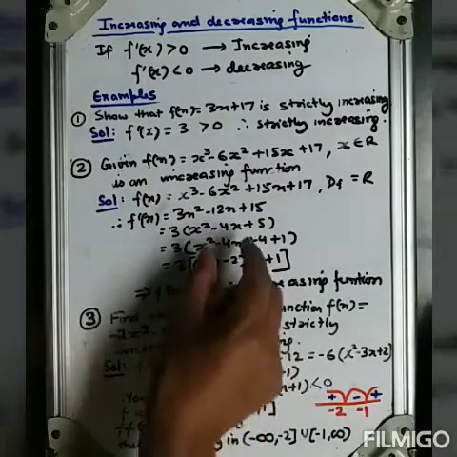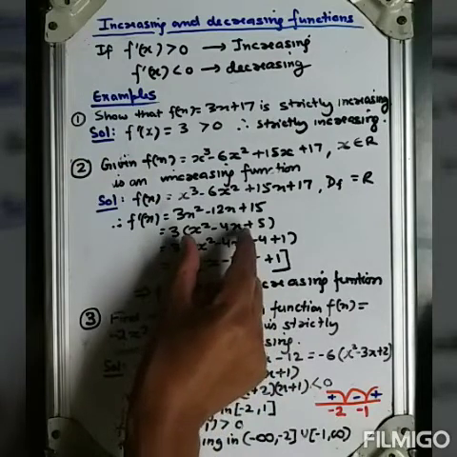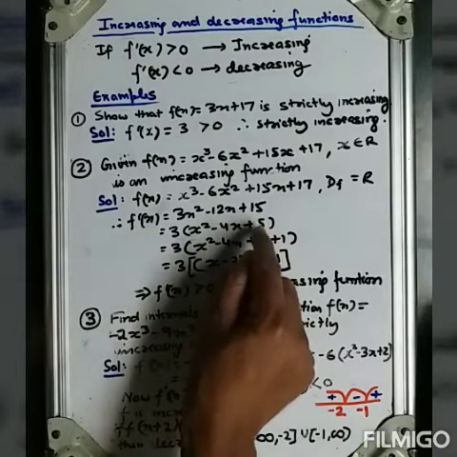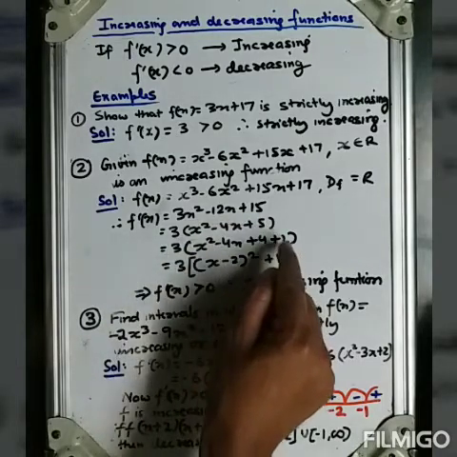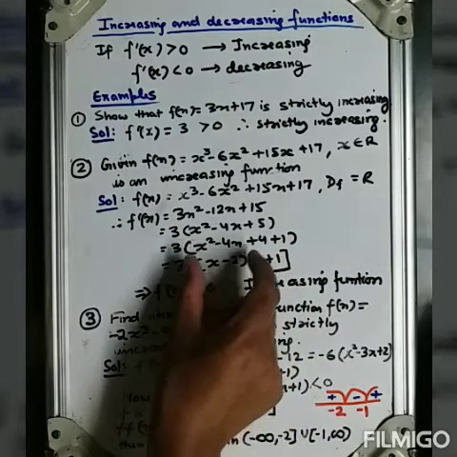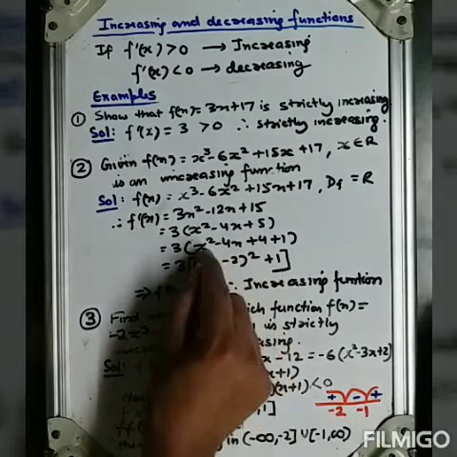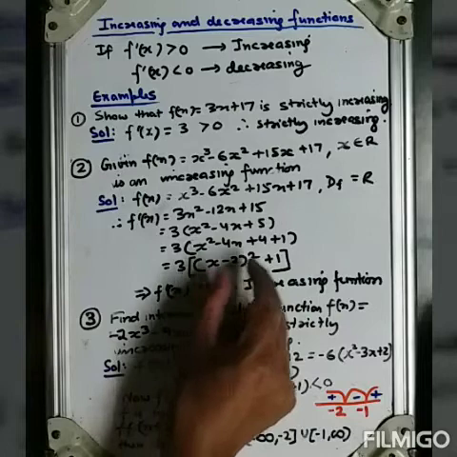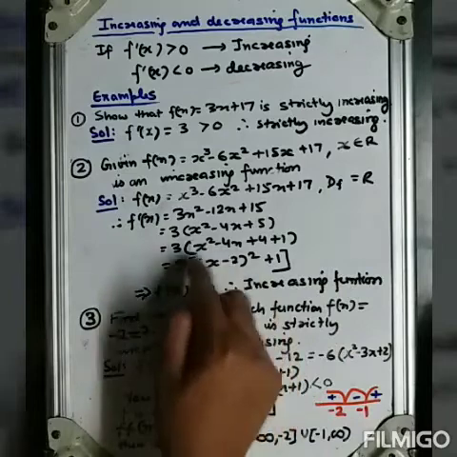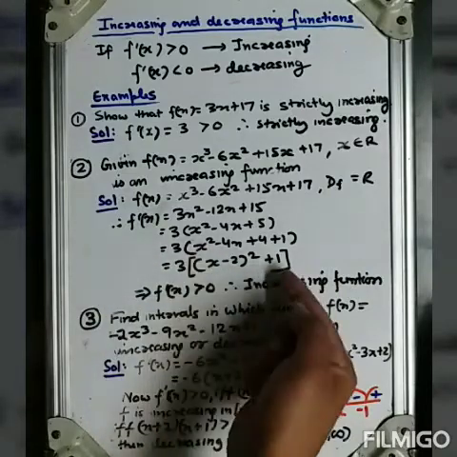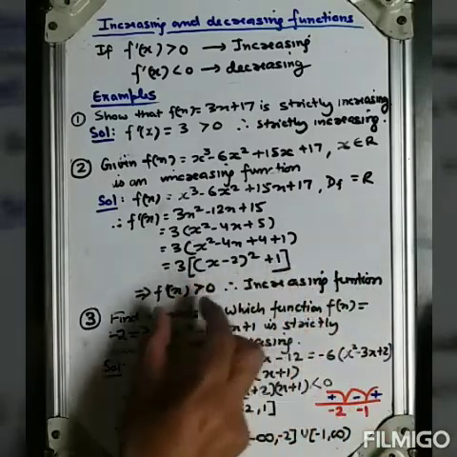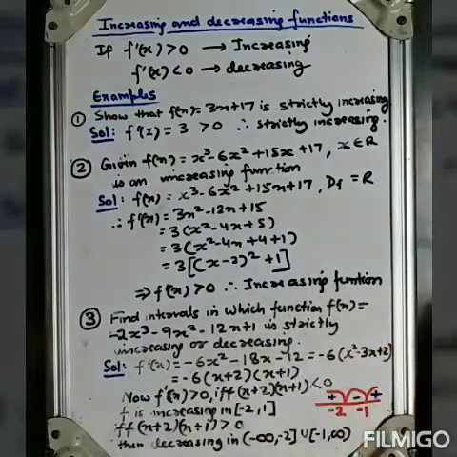No, don't factorize. We can see that we can make a square of this value. x square minus 4x. If we split this 5 into 4 plus 1, then this becomes a square of what? x minus 2 whole square. This is the square of x minus 2. So a square minus 2ab plus b square, this becomes this, and 1 is separated. Now we can see that this is a whole square, and its squared value is positive. 1 is itself positive. So we can say that this differentiated value is positive. So it is an increasing function.